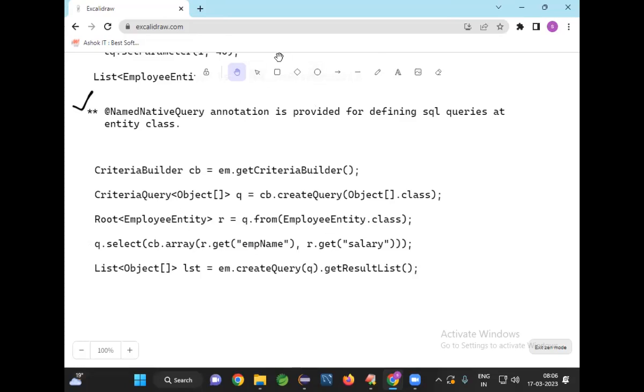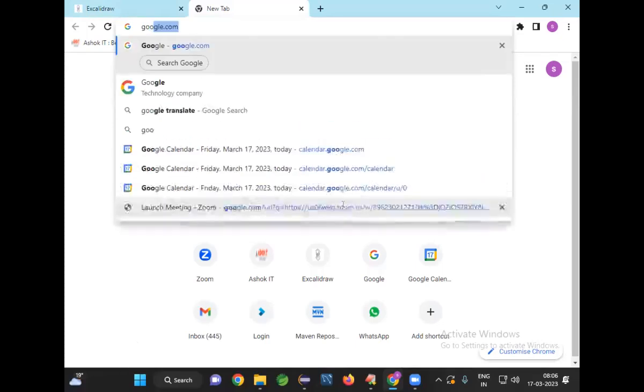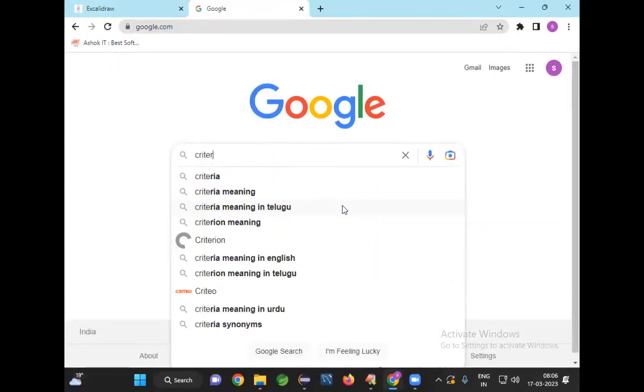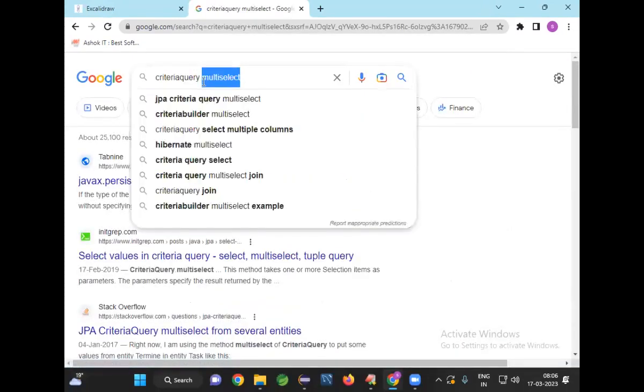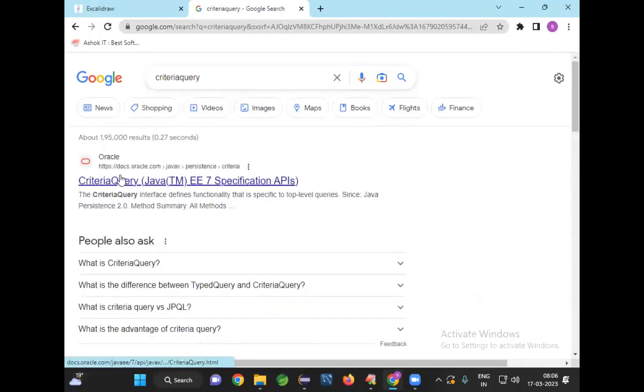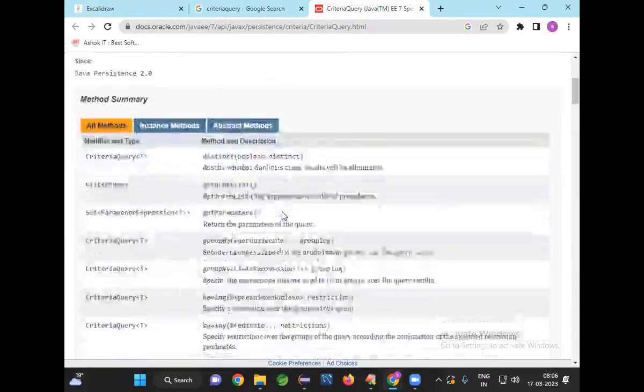Let's open criteria query. I'll show you some of the other methods that we have in the criteria query. So here we go with the criteria query. It is an interface from the javax.persistence.criteria package. We have an interface called CriteriaQuery, and if you look at the methods here,